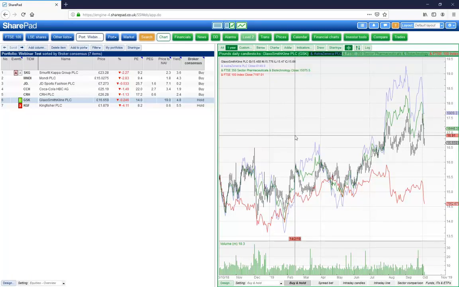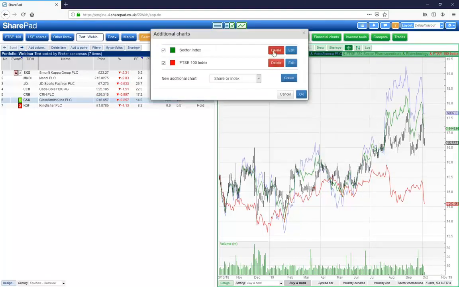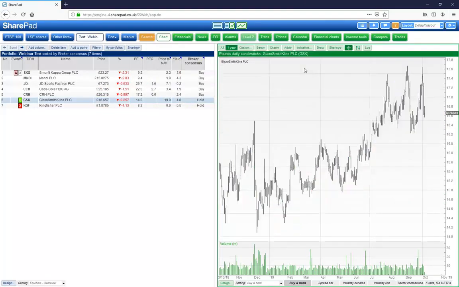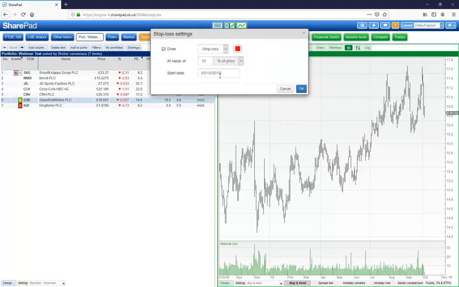And Subhash, does the program select a stop order for a share? I think you are talking about a stop loss? If that's what you're asking for, yes, it can. You can do it in two ways. You can do it on a chart under add stop loss, and you can set a stop loss or stop gain if you want